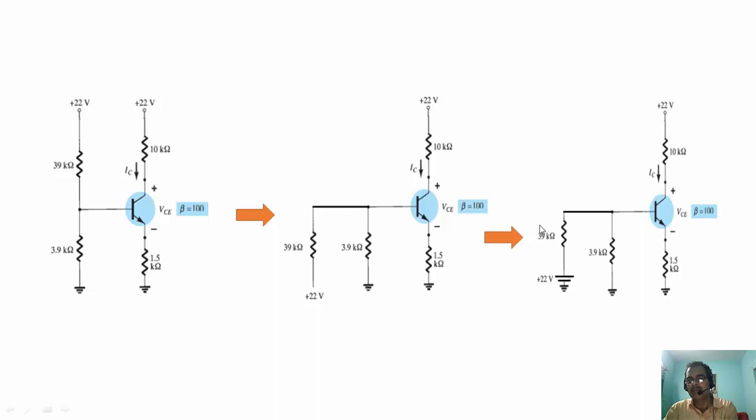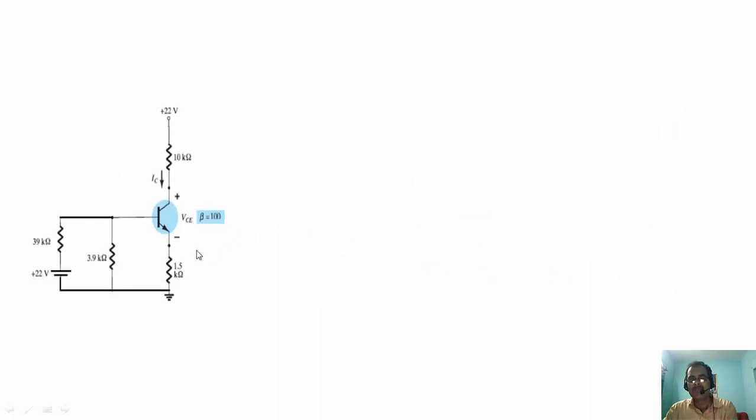We have converted the 22 node voltage into a 22 volt battery. This is the modified diagram.